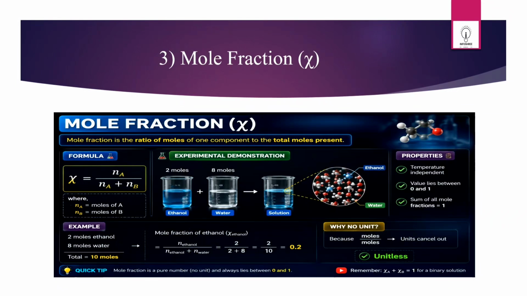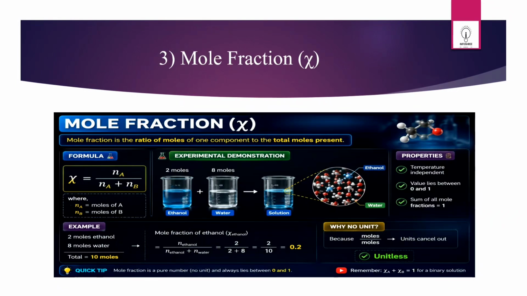If they ask what is the mole fraction of ethanol, we can calculate it this way: ethanol divided by solution. That solution contains ethanol plus water, so 2 divided by 2 plus 8, that is 2 divided by 10,